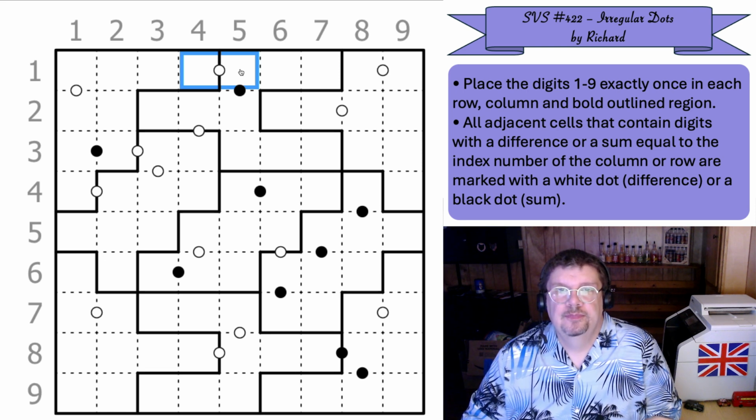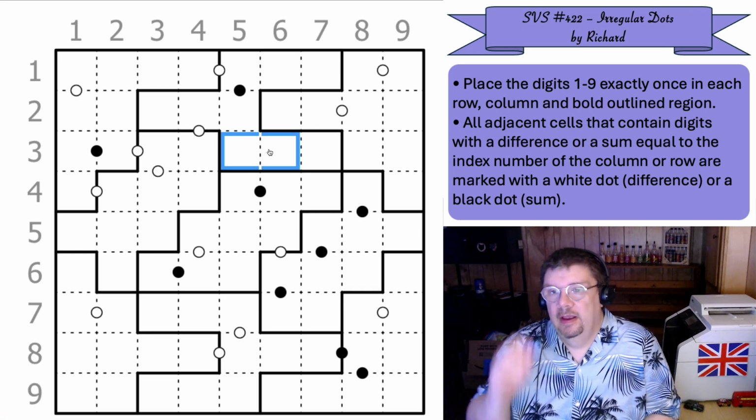And these two digits have a sum of 5. And all such adjacent cells have dots. So these two do not have a